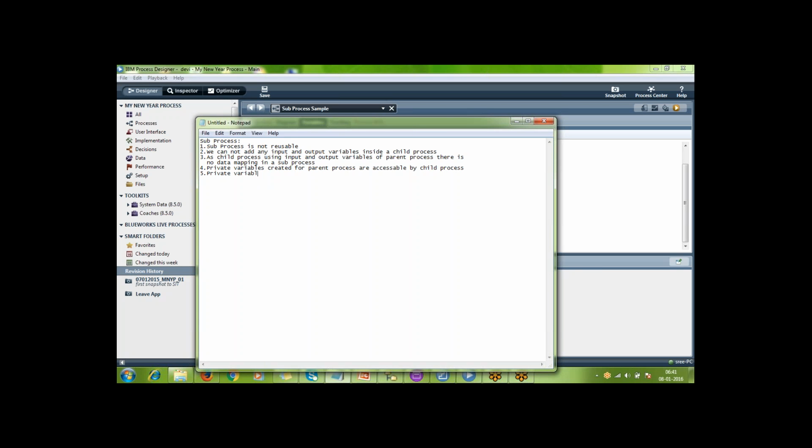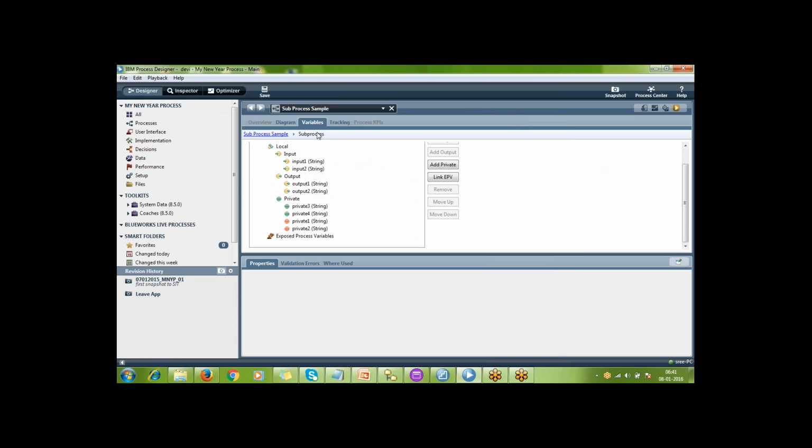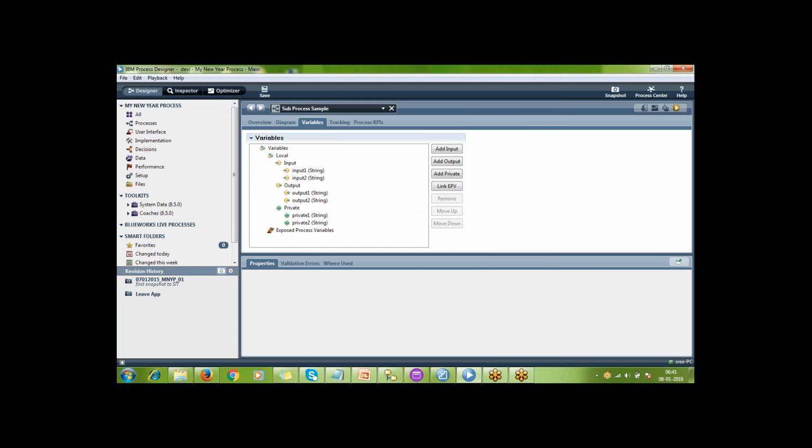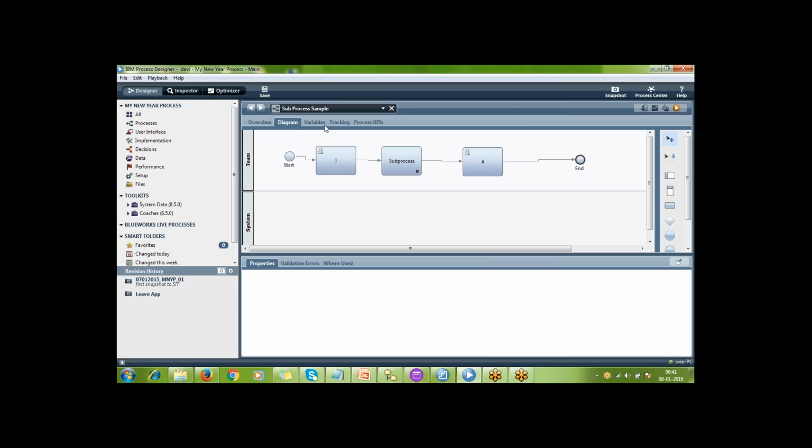Private variables created for the child process are not accessible by the parent process. In my child process I have created private 3 and private 4, but if I go to the parent process, I can't see them. This is one difference you can see.